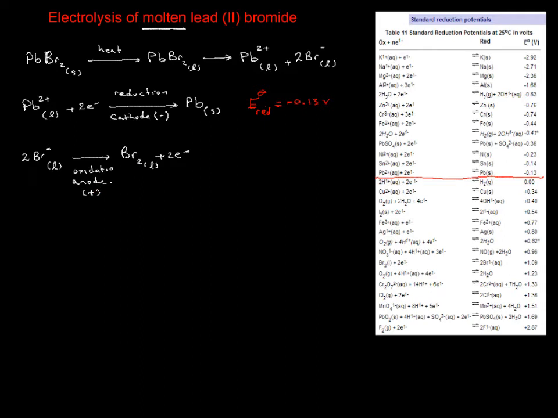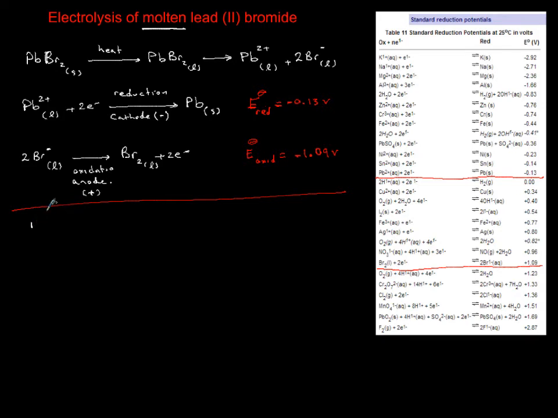And if you look at the voltage for that, now if we go after bromine, you will see it's sitting here. And you're going the reverse, you're following this arrow. So you're going from bromide to bromine, that means it's also negative. So this oxidation is equal to negative 1.09 volt. If we add the 2 reactions,